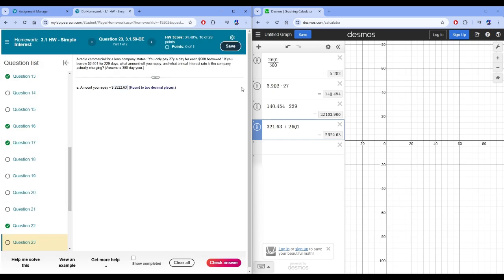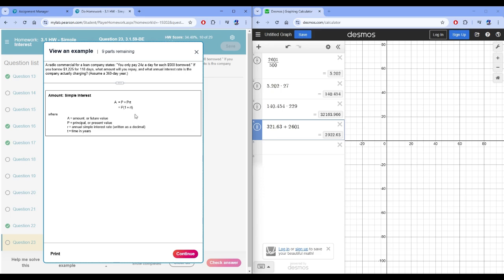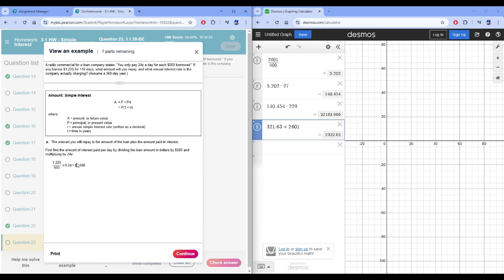Alright, let me follow this one more time. You pay 27 cents a day for each. Let me see if I view an example. Did I go right? Okay. First you have to find the amount times 0.24. I did that. I did the 2600 divided by 5, which gave me 5.2. You multiply that by the 24 cents. And I got